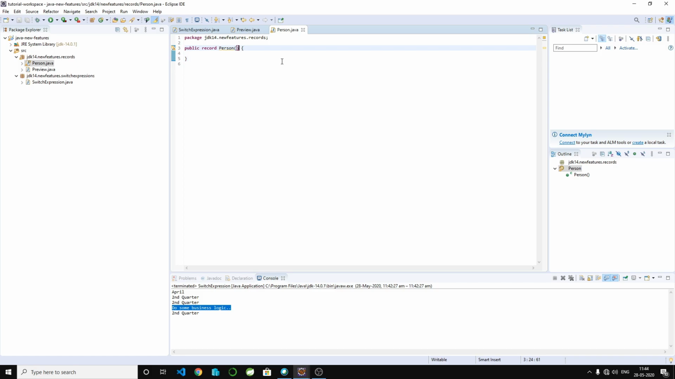This is kind of a Pojo class. We will have the Pojo with the variables, getters, setters, toString, hashCode, and equals, right, in the Pojo. Instead of that, we can use the record. If it is immutable data, you should use the records, only if it is immutable data. Just create the record, and now